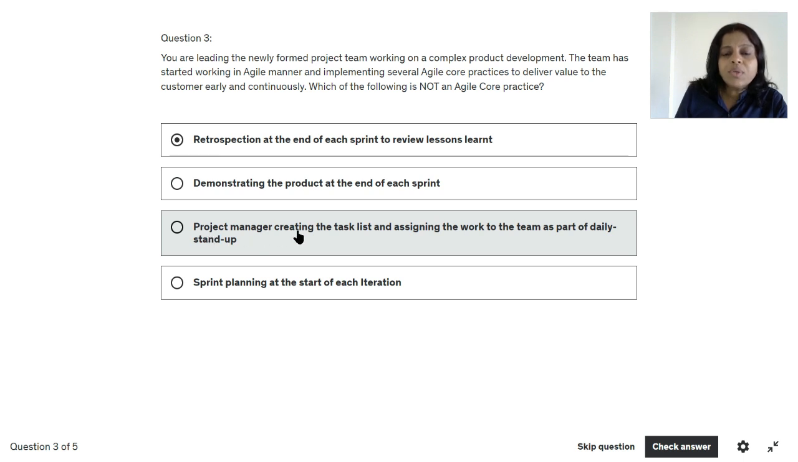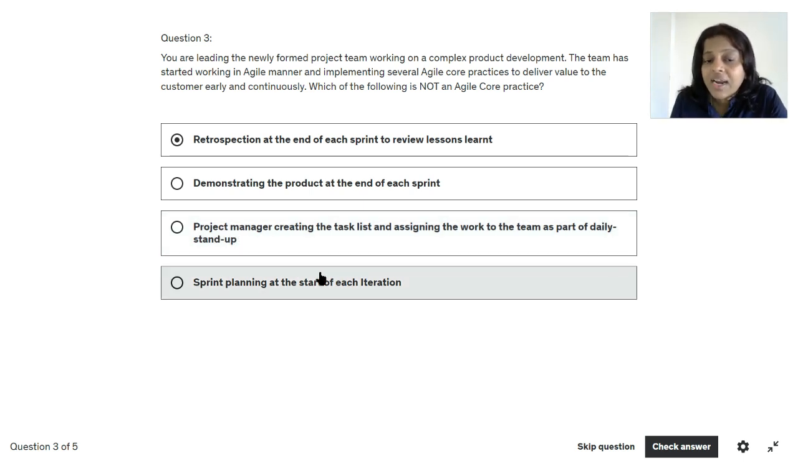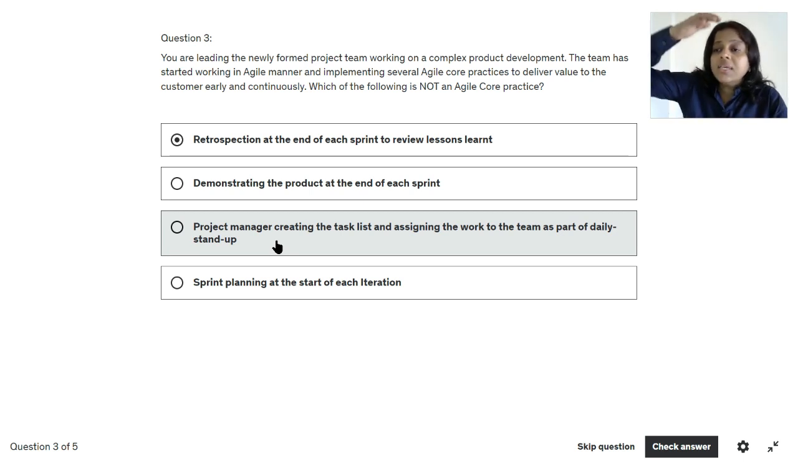The next option, project manager creating the task list and assigning the work to the team as part of daily stand-up meeting. Understand that daily stand-up meeting is one of the core practices in Agile projects, but the project manager or the team facilitator is not going to assign any work to the team. The team should behave as a self-managing or self-organizing team. So here it is said that project manager creating the task list and assigning the work to the team. So this seems to be the false statement. This is not an Agile core practice, but this is a practice that is followed in traditional projects or waterfall